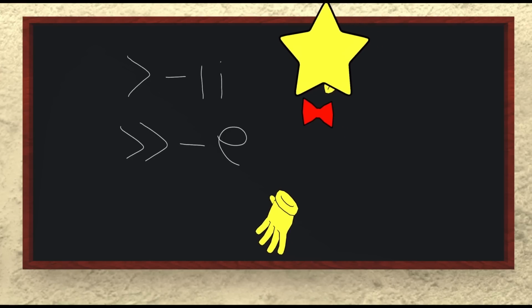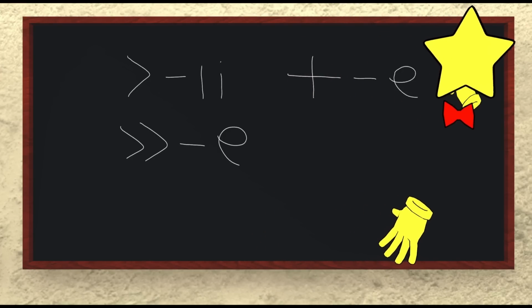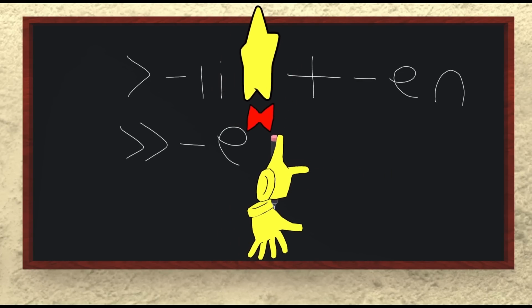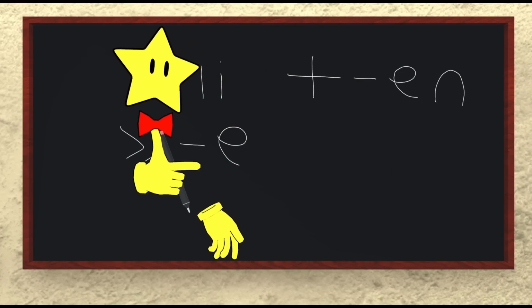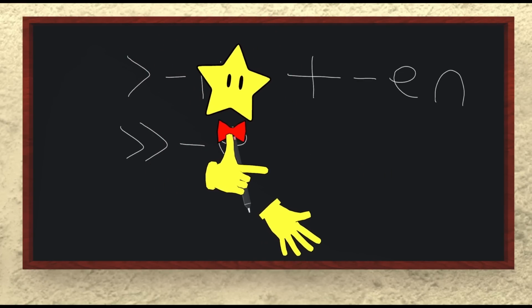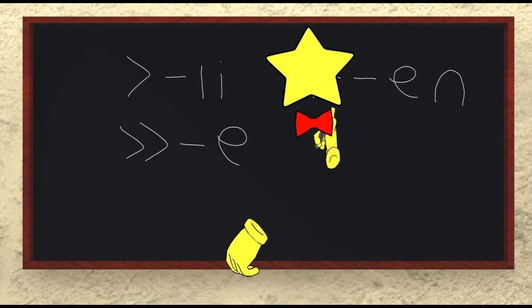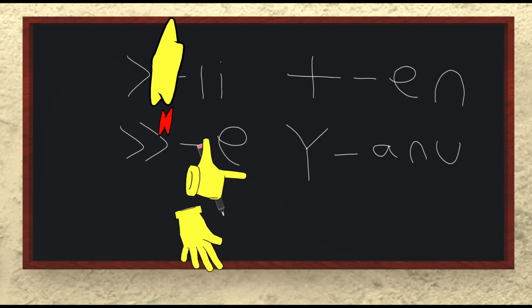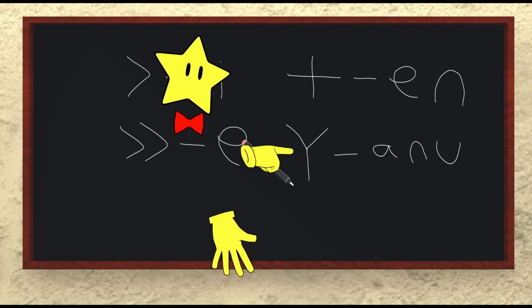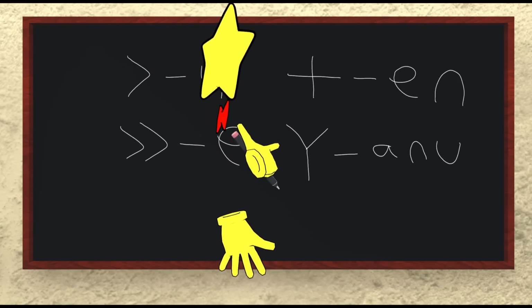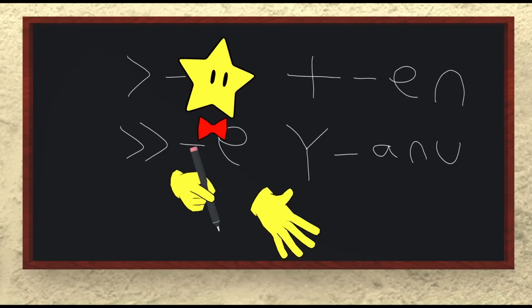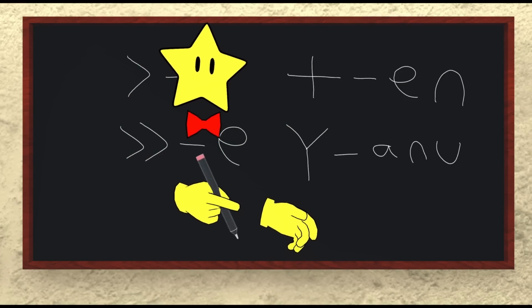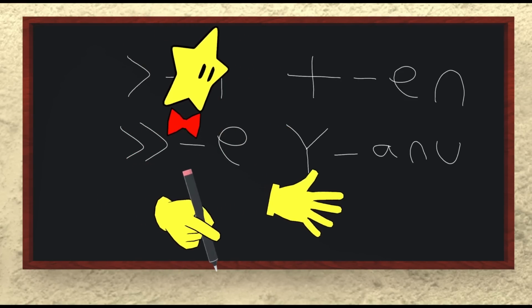Next, we have one new particle, en. That's spelled E-N. En is drawn with this plus shape. Its purpose is to introduce a new subject to a sentence after the first. And finally, we have anu, A-N-U. Anu is drawn with this Y shape with a bit of a wider top, and anu connects multiple phrases in the same part of speech, but with or instead of and. Again, we'll get to how this works very soon.